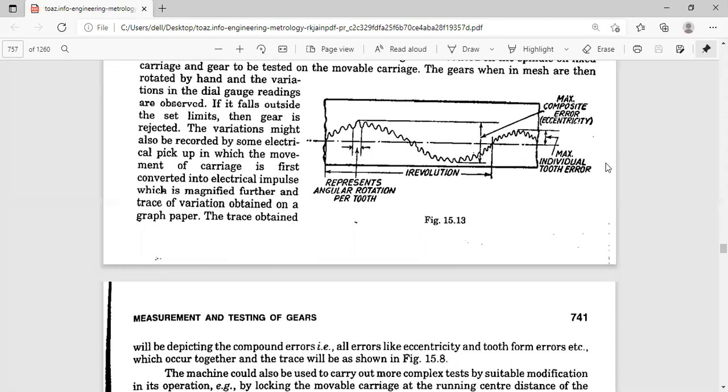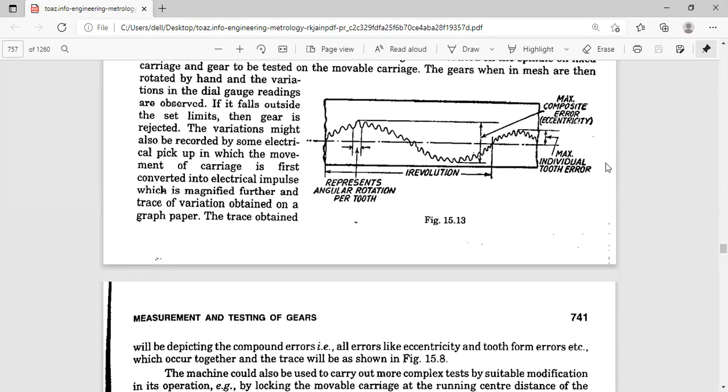One is the fixed vertical spindle with the master gear, and the gear to be tested, which has been manufactured for quality parameters like alignment, runout, tooth-to-tooth composite error or total composite error, is on the other spindle.